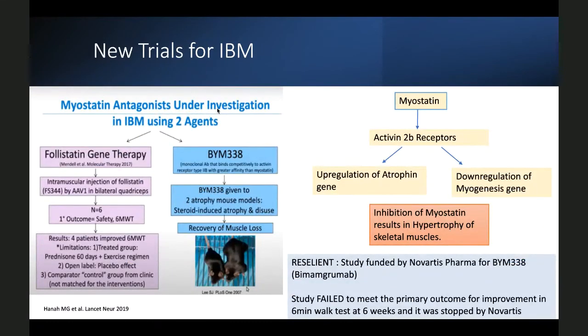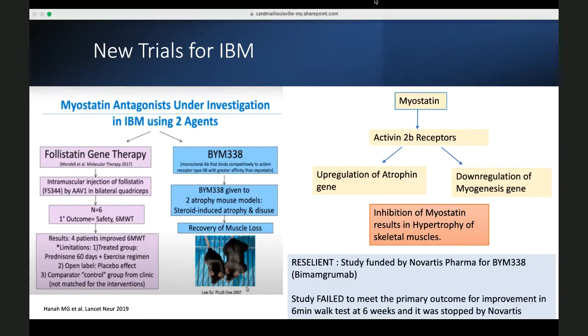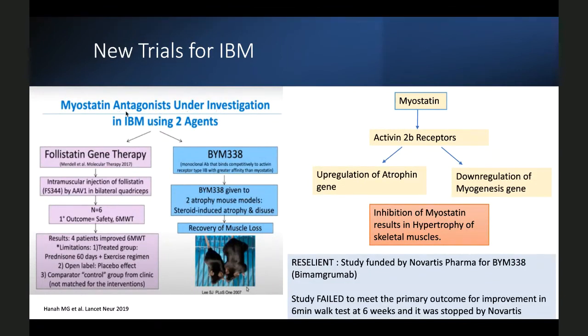One of the trials that was kind of interesting for me was this myostatin antagonist. It is basically BYM338 monoclonal antibody. It was by Novartis, and the concept for this study was myostatin. It acts on activin 2B receptors. In a normal person, it upregulates the atrogin gene and downregulates myogenesis. So the idea was if we block myostatin, there may be an increase in